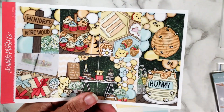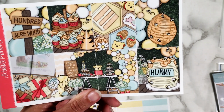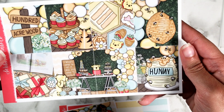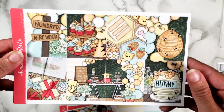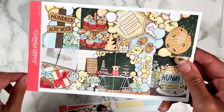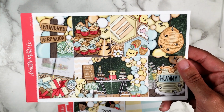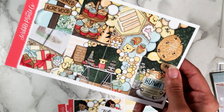But I'm enjoying it, and I am not a tiny little child, but yes, I definitely enjoyed Winnie the Pooh when I was a kid. I have spoken about Winnie the Pooh many times. I feel like I did purchase a Winnie the Pooh kit from Keytown. I think that's the only other one that I have, and I've gotten Winnie the Pooh character stickers, and I